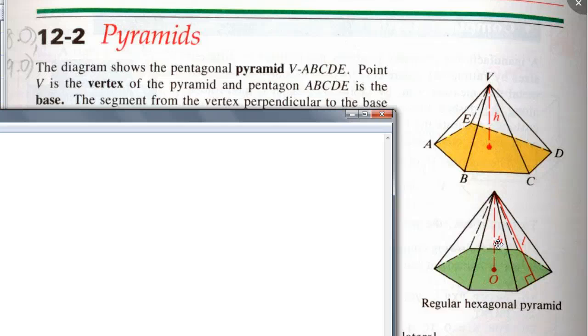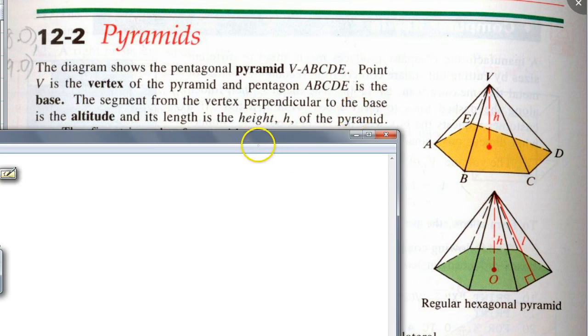So, Brianna, in this regular hexagonal pyramid, do you see the height of this pyramid, with H? And guess what? This height, guys, for a regular pyramid, if you go from the vertex of this pyramid to the base of this pyramid, it's going to meet at O. O is going to be the center of this base. Is that okay? And it's going to be perpendicular, exactly. So I'm going to show you some of the,